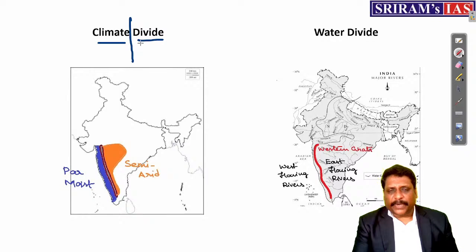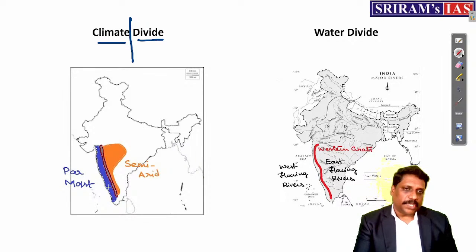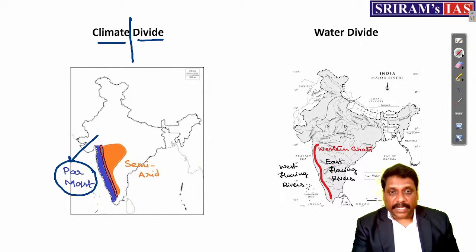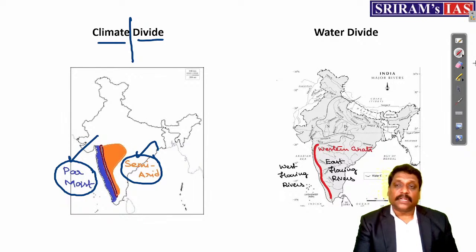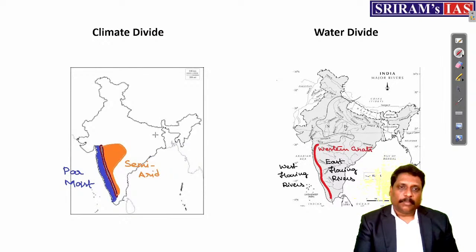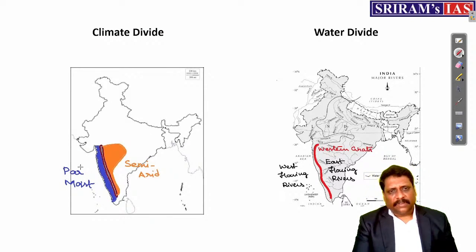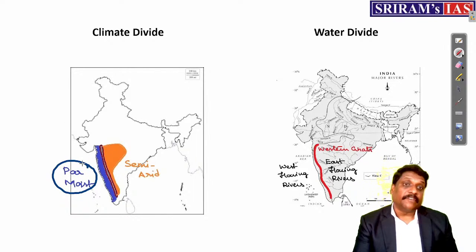When a mountain separates two different types of climate, for example, Western Ghats, if I just take it, one side of Western Ghats, what you experience is a per-humid climatic condition. Another side of Western Ghats, what you experience is what? Semi-arid type of climatic condition. See, Malabar coast, Konkan coast, they are very, very wet. And wherever you have this per-humid climatic condition, my dear friends, these are the places where you'll be finding evergreen forest, right? Very wet.